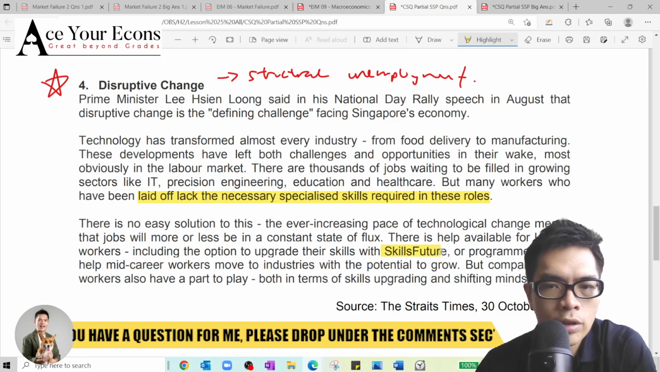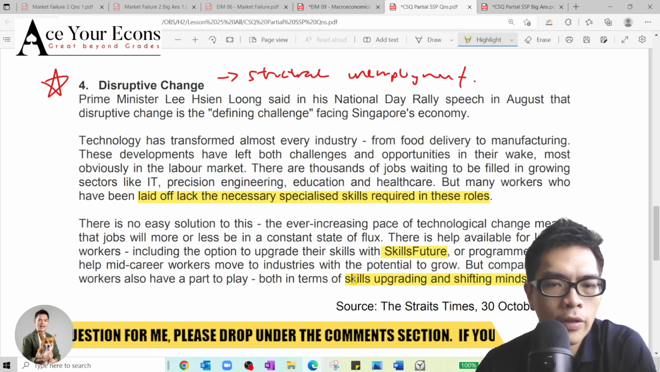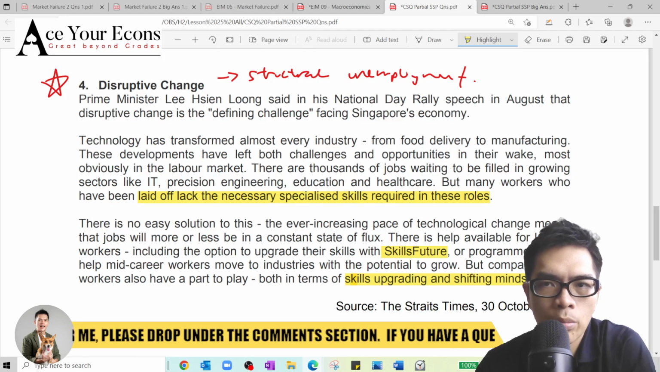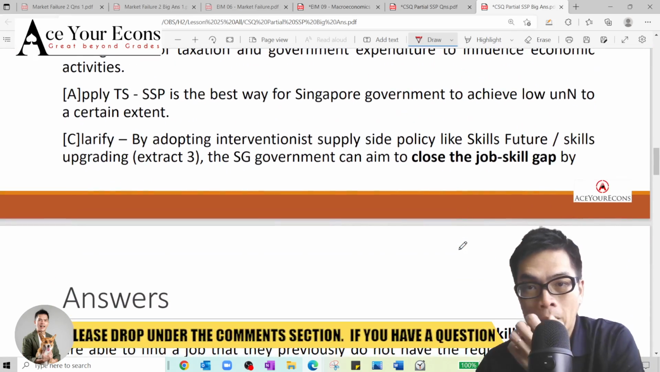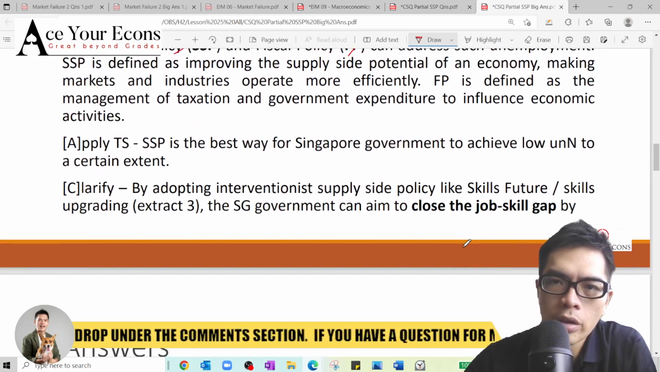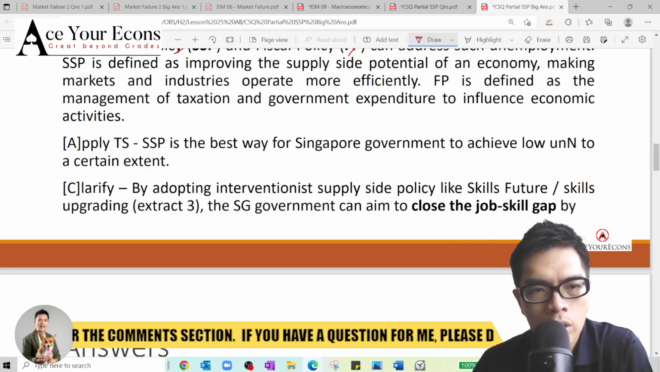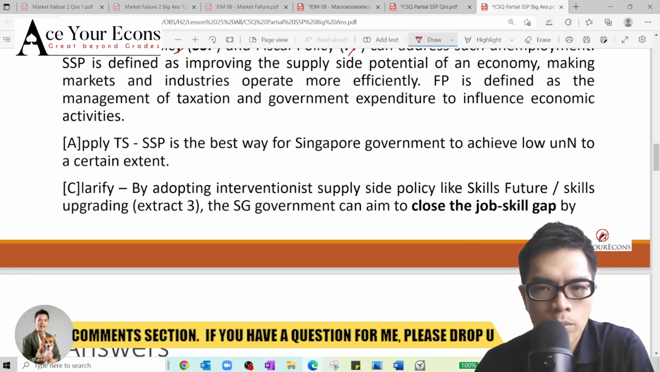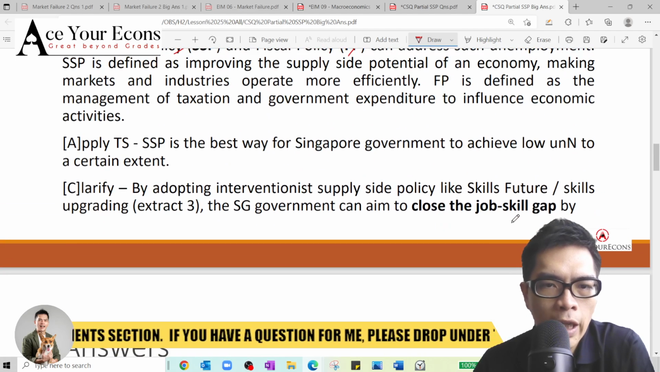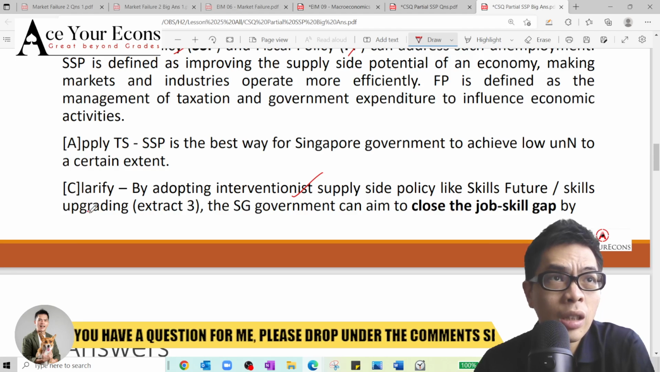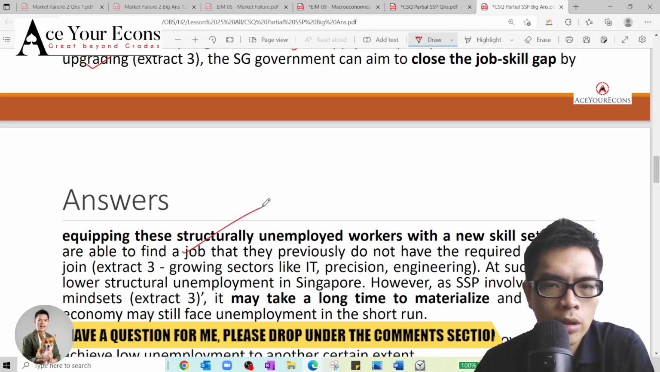Whenever you see SkillsFuture, skills upgrading, shifting mindsets, then all the more you have to suspect that supply side policy is to correct structural unemployment. Now I'm going to go through what you need for each respective body paragraph. Remember, identifying the problem is the most important aspect. So you have to relate SkillsFuture to interventionist supply side policy in the form of upgrading and closing the job skill mismatch,